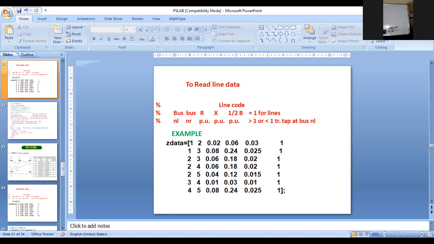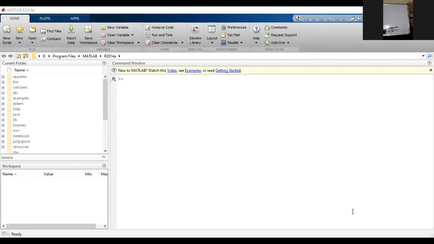You see that I'm going to stop share and share a new screen here. Did you see my MATLAB window, please? Anybody respond? Yes, sir.